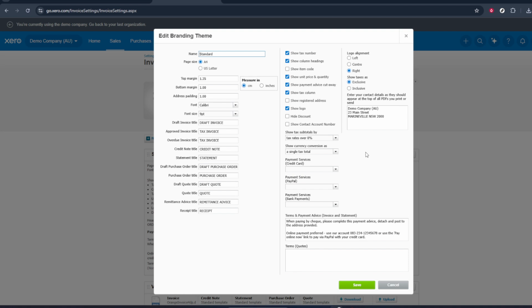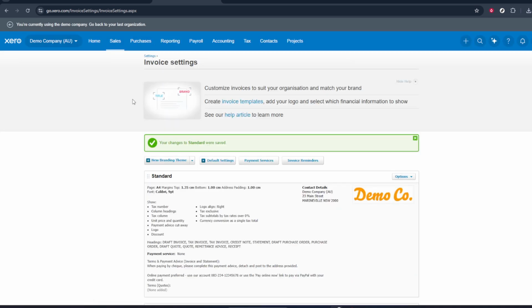Once you're on the invoice settings page, move your cursor to the area where your invoice templates are listed. At the top or to the side, you'll see a button or drop-down labeled Options. Click on Options. This menu is where you can usually add a new template, edit an existing one, or sometimes import and export templates, depending on the version and features available in your account. From here, you can choose the specific action you want, such as creating a new template or adjusting your current one. Take your time exploring the options available so you can tailor your invoice layout, logo placement, and any standard text to suit